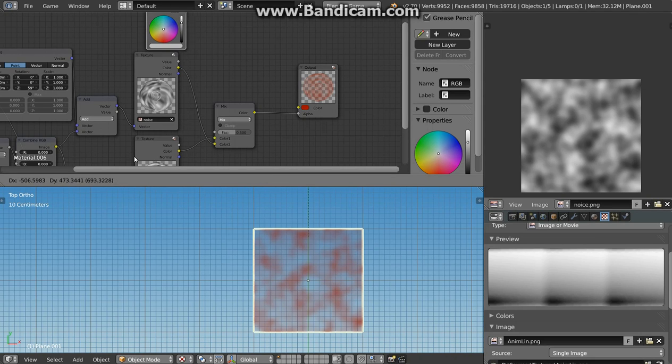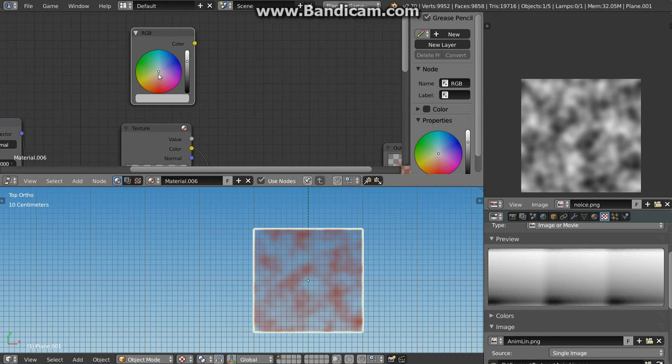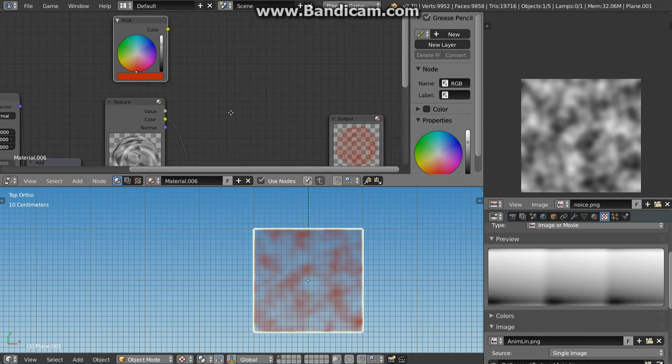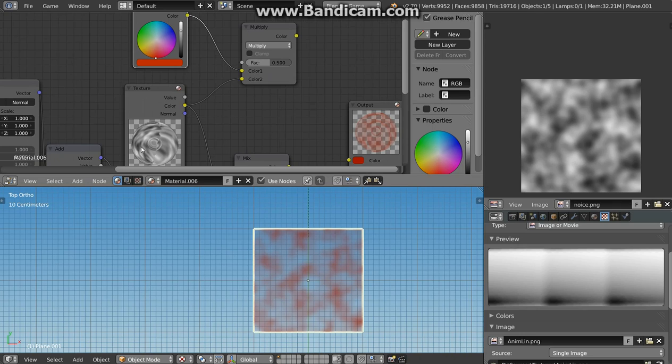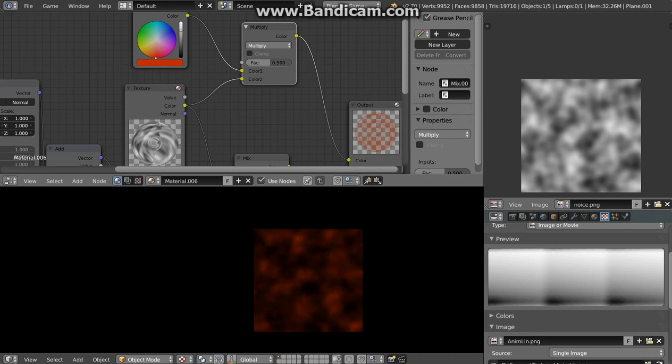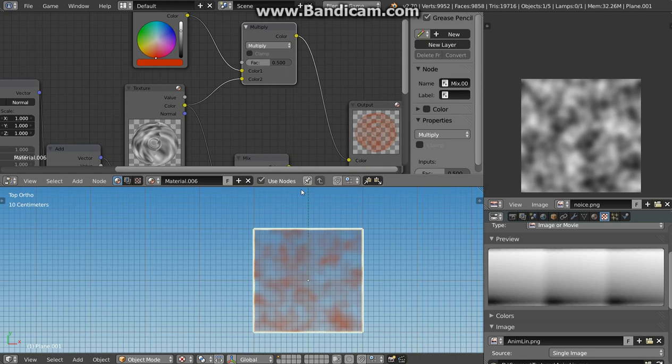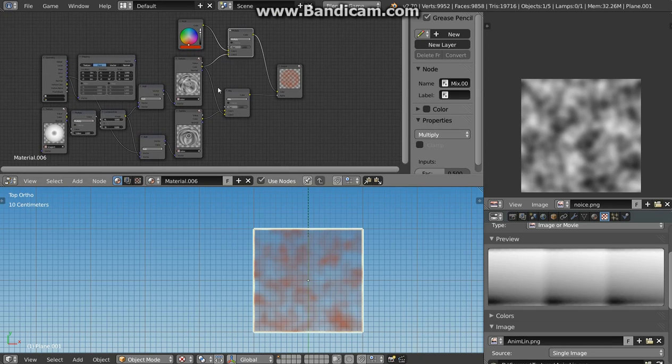input RGB, so you get the color value, and I can make this red and I mix it with the texture output, but I will not mix it but multiply it. And it again takes this texture not as image but as values, and when the value is white it means it's red times 1 and it gets red, but when it's black it's red times 0, which is always 0, and it's black. So this color is actually dependent on the texture number 1, I could say. And when I'm